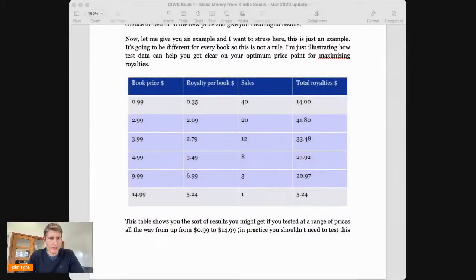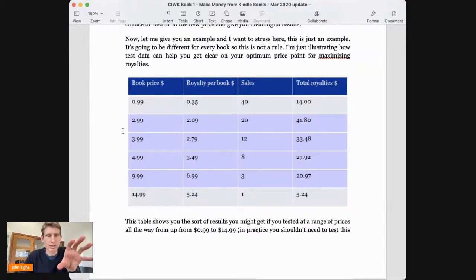And let me just show you. Let me do a screen share, because there's something that I want to illustrate. So let me go here. Let me bring this up. Sorry, I've got too many tabs here. Okay, so what we've got here is a typical example of that price elasticity. I've drawn up a table where you've got various different pricing points on the left.